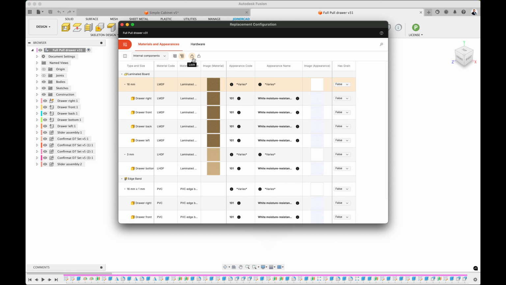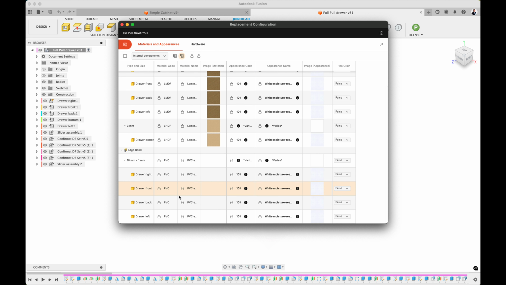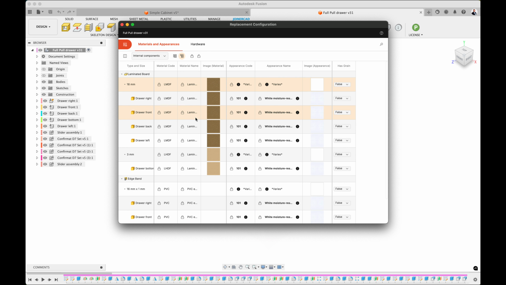I click on the Lock button. All changes are locked and protected from overwriting. This is indicated by the lock symbol next to the entries.